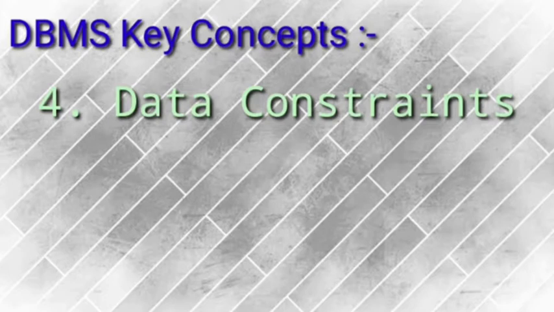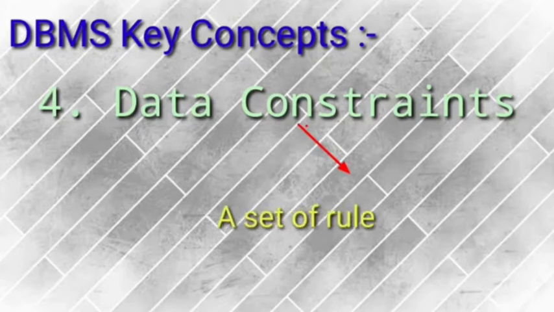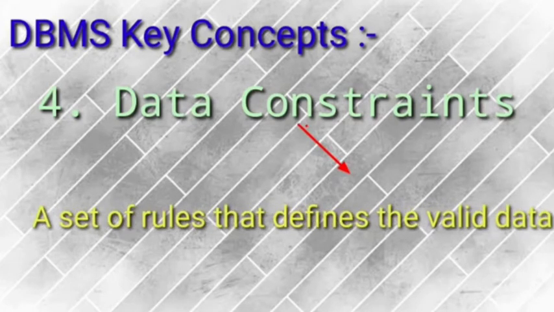The most primary constraints are primary key, unique key, check constraint, default constraint, and foreign key. Many others are there. We will be reading about them when we start creating the table in SQL. So you can just understand it like this: the rules which validate the data are called data constraints.